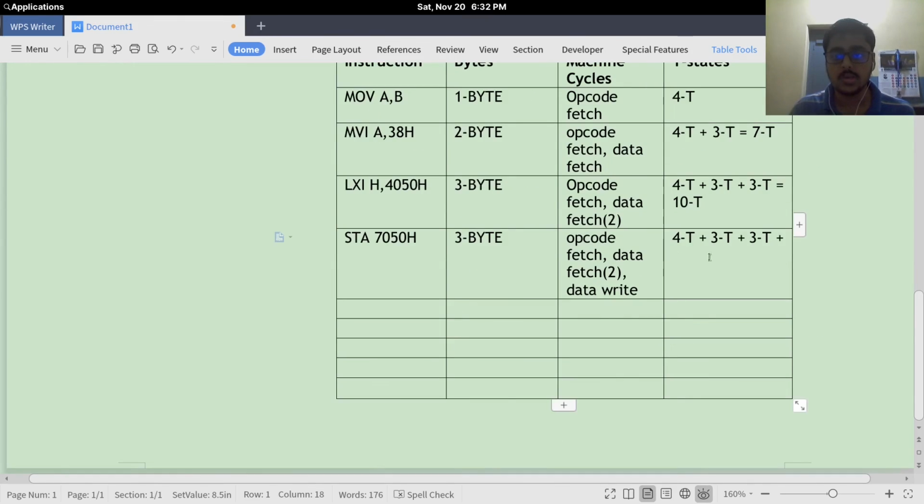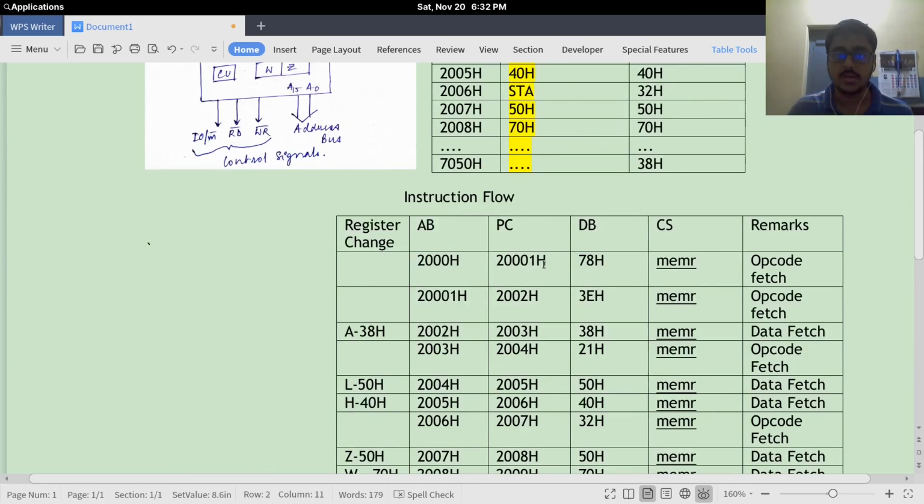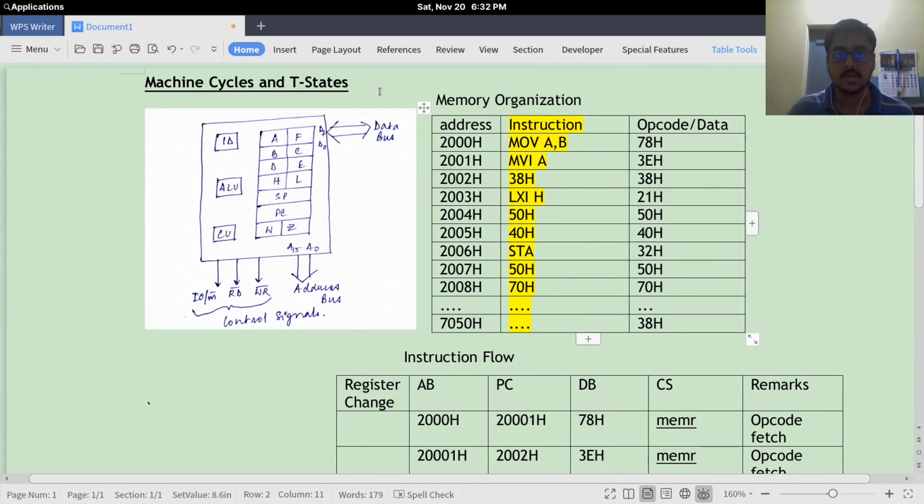So we are using 3 T states. A total of 13 T states are required for STA. So this is how we decipher the number of machine cycles and T states for a respective instruction.